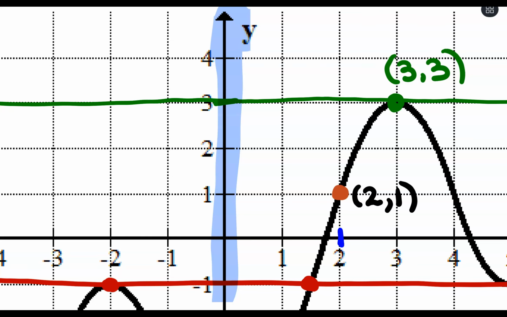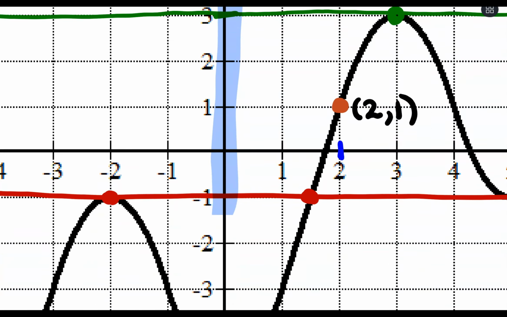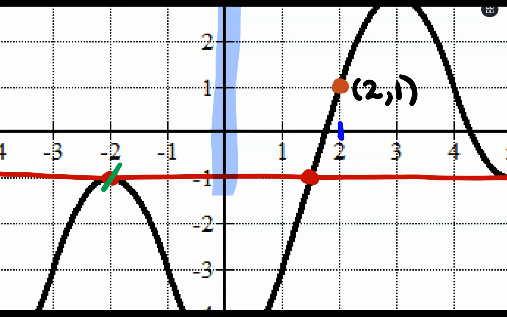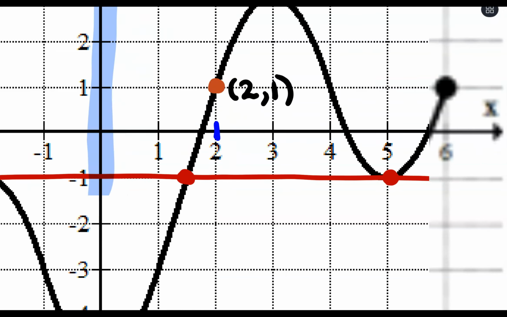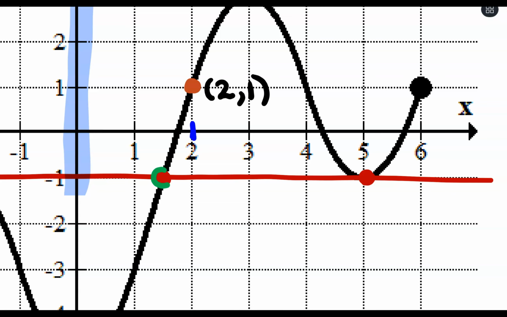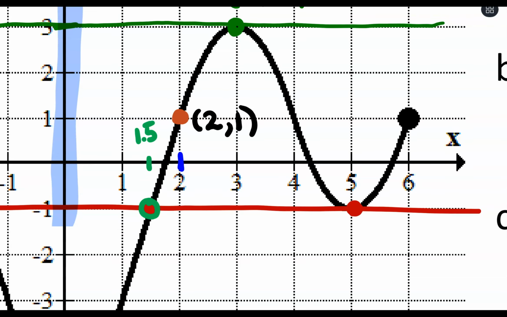Now we don't want to equal -1, so that means at this -2, that's not going to give me any information there because we equal -1, but we never go above -1 there. So really what I want to focus on is here at about x equals 1/2. Let's call that a 1.5. What I can see is I hit -1, so we're equal there, so still not what we're looking for, but then we go above. So all of these values along the function, we are above -1, and it's perfect until